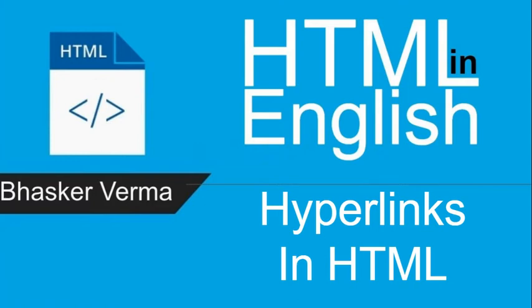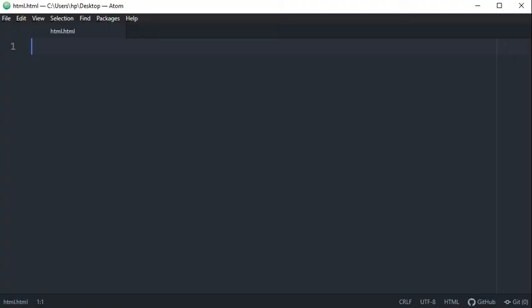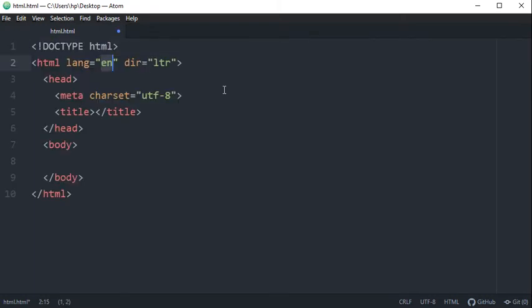My name is Bhaskar and today's HTML topic is hyperlinks. So guys, what are hyperlinks? Hyperlinks in a web page are paths to different web pages or websites. Suppose you want to redirect your user to a different web page or web path, so you will define a hyperlink there. They can either be in the form of text or in the form of graphical images.